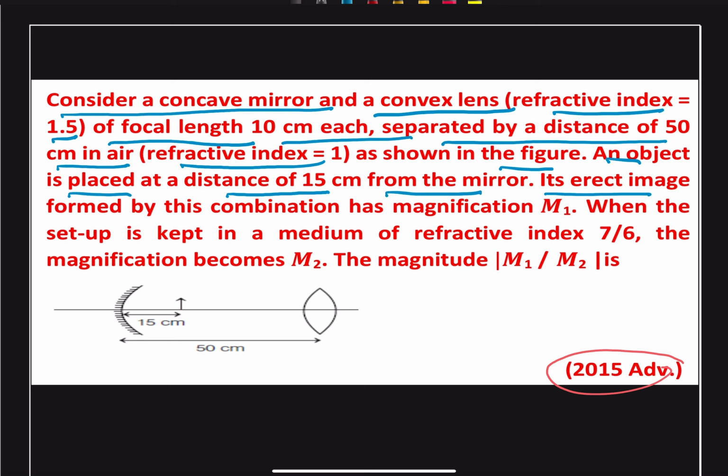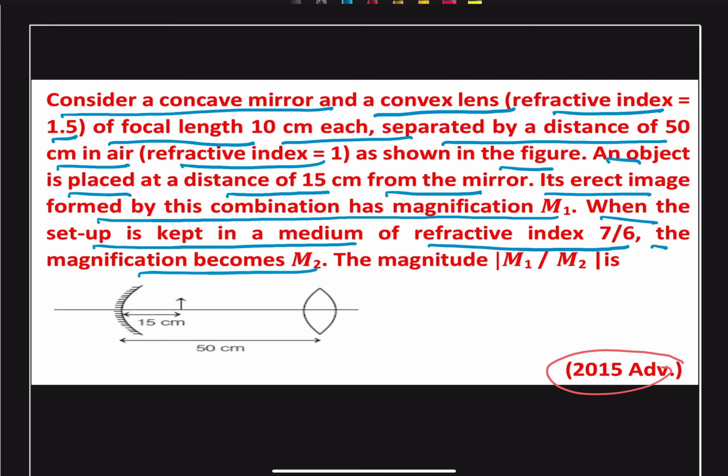Its erect image formed by the combination has a magnification m1. When the setup is kept in a medium of refractive index 7/6, the magnification becomes m2. Then the magnitude of m1 by m2 is. So this is, you can say,